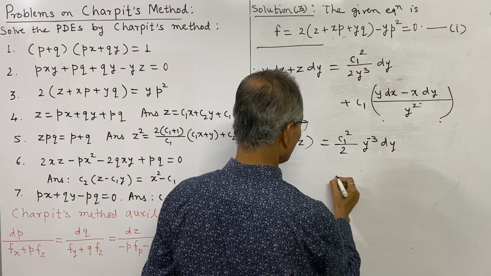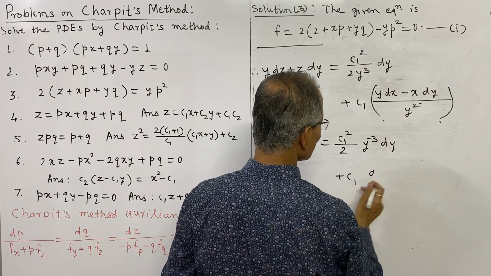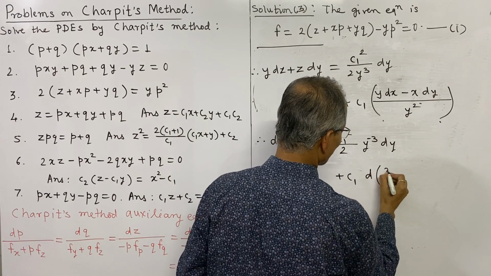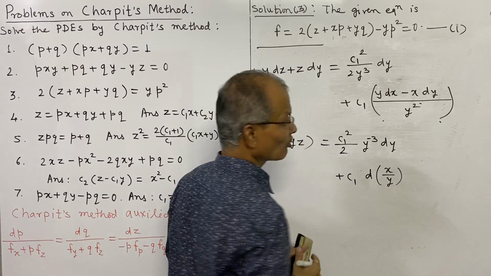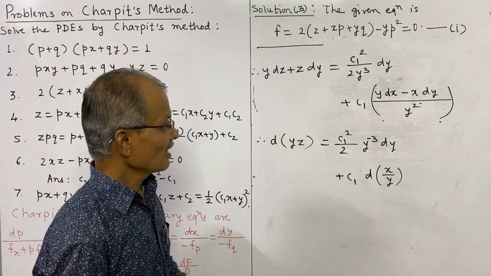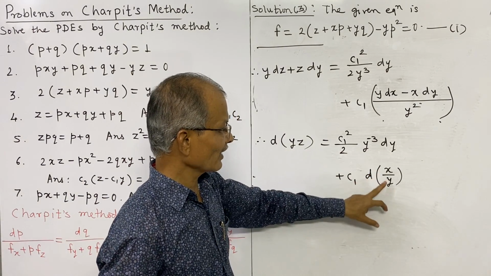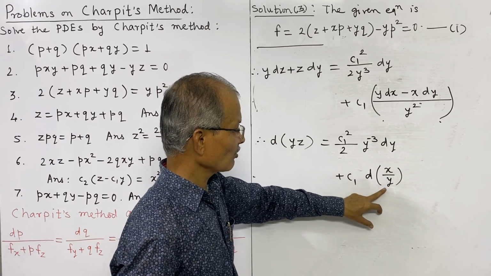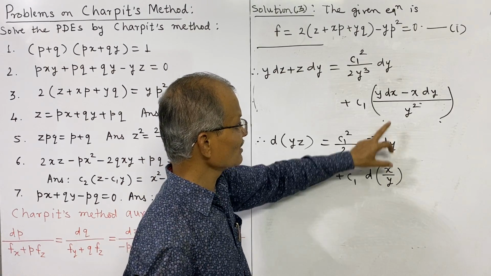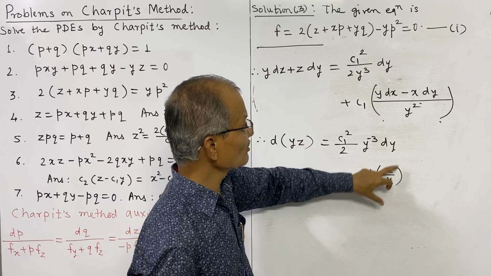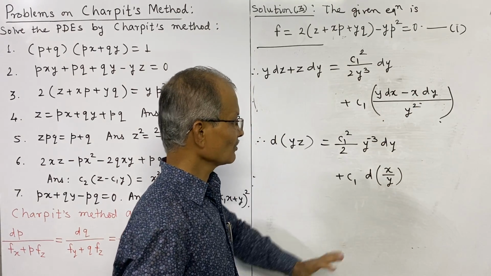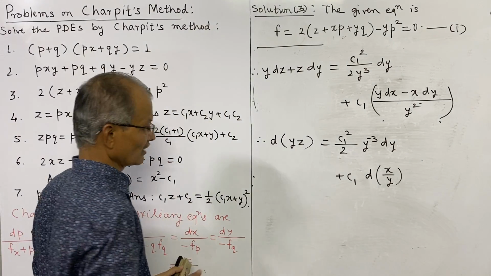And what about the remaining, that is c1? This is also a differential of x upon y. By quotient rule, we may verify what is the differential, or derivative, of x upon y. So the denominator is y square, and the numerator is y into differential of x, that is dx, minus x into differential of y, that is dy. So now it is easily integrable.